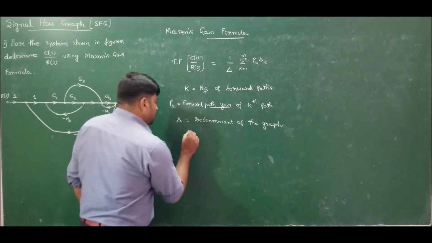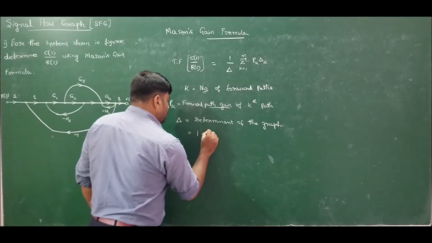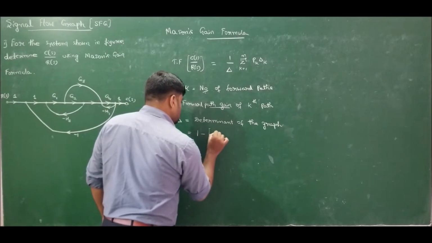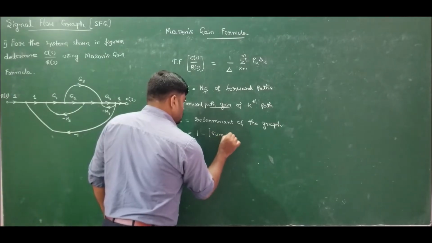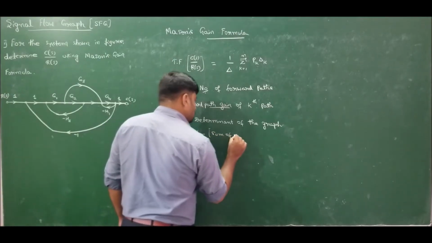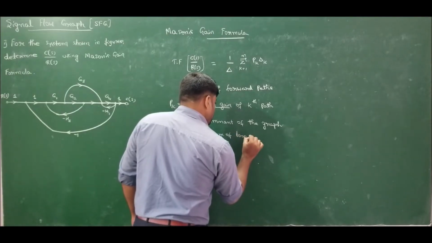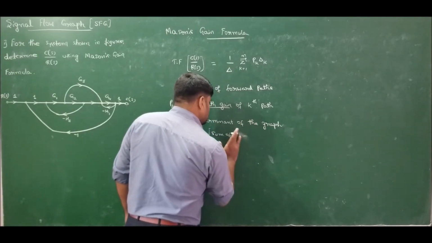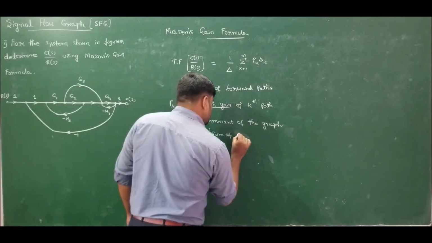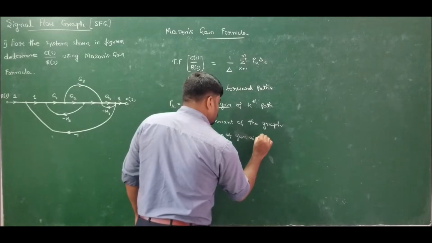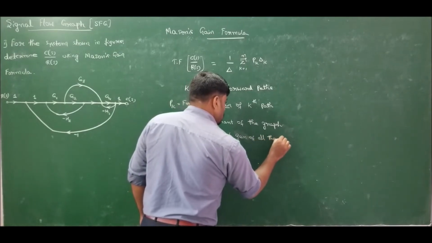We have the formula for delta, which is given by 1 minus the sum of gain of all the loops,